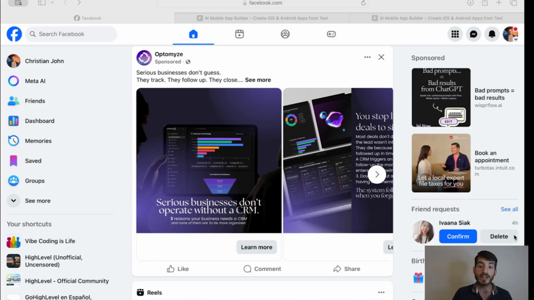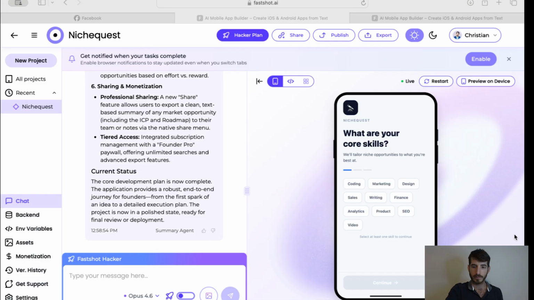Okay, so I've officially got the feedback from the beta testers, and I'm not gonna lie, I've been humbled a little bit. Just to be clear, this is what I was expecting. I didn't expect it to be perfect at all. I knew there were some tweaks that I could have done from the beginning, but it's good that people are telling me this. Now, time to get to work. So let's go back to FastShot.